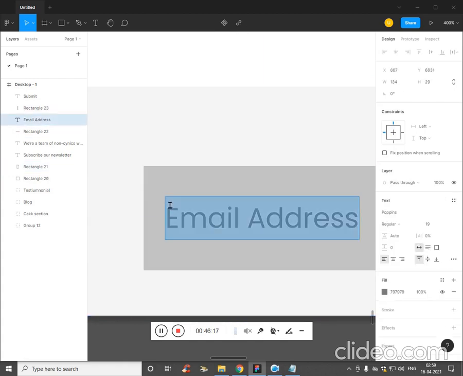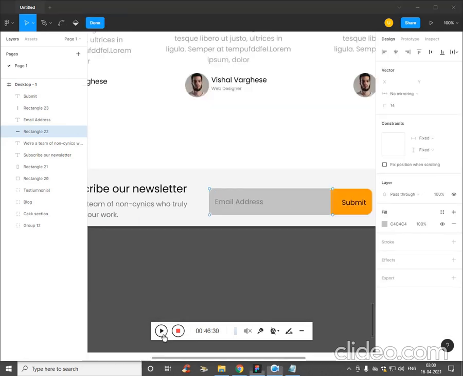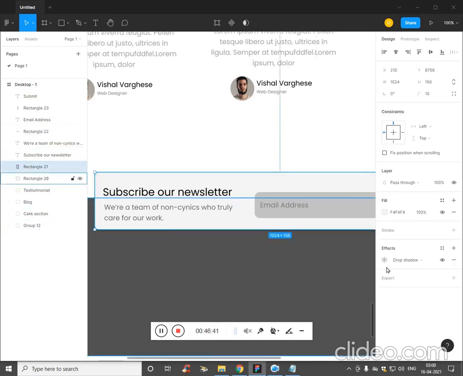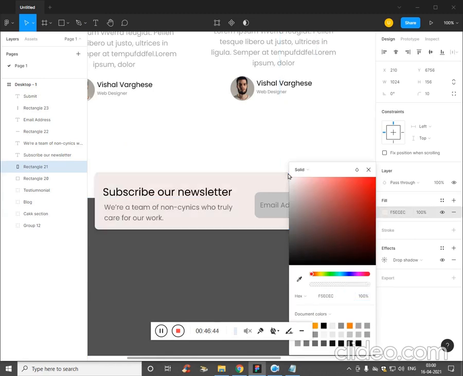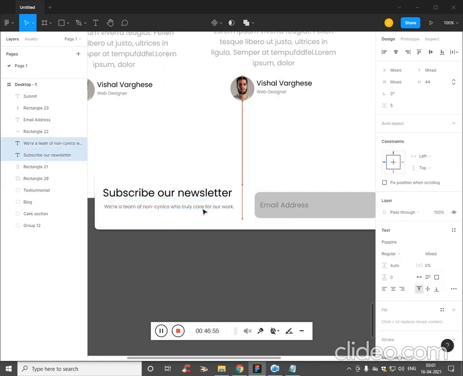The same way, click on this rectangle, single click, drag in. So we have made it. Ctrl Z, and this is going to be the subscribe. Let's make it white. Let's get the container, make it white. Let's get this and then decrease the font size and just select these two guys and place it